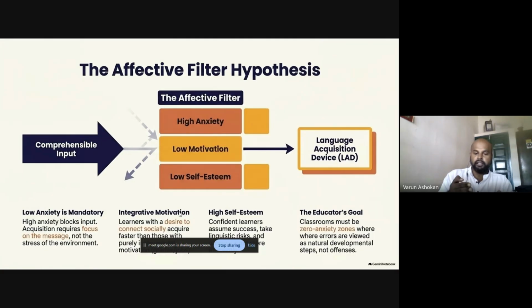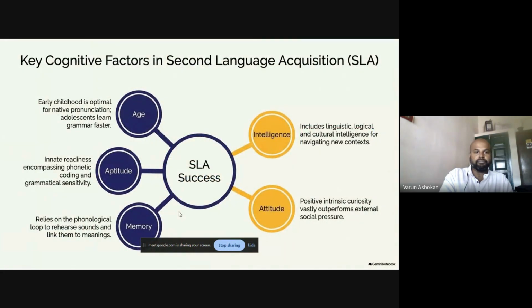the psychomotor domain, then the cognitive domain, then the affective domain. So these are the major domains, and these are the five input hypotheses Stephen Krashen was talking about, particularly language learning and language acquisition. What are the key factors for second language acquisition? IQ plays a role in cognition, including linguistic, logical, and cultural integration of